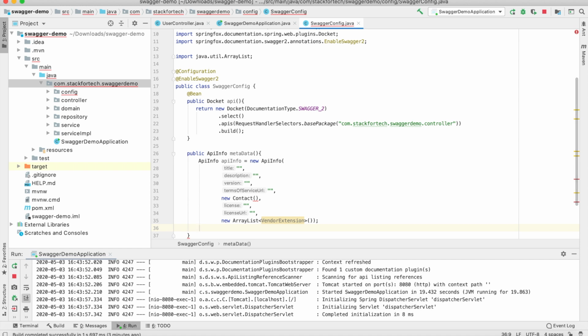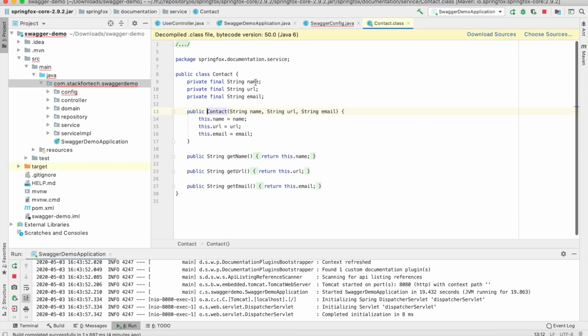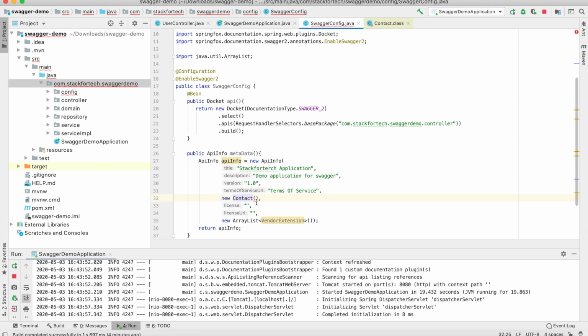Yeah, now it's more presentable. So I'll return this API info. This function is pretty much done, but we need to give the information. So let's say I'll give the title as stack for, and the license URL as null as well.